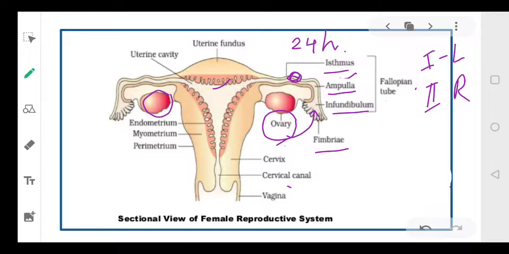Clear? So suppose you know that the egg is released on the 14th day, isn't it? We have talked about ovulation occurring on the 14th day of the cycle, right? Clear? So this is your first phase, which is called ovulation. Then